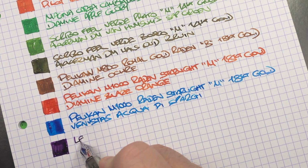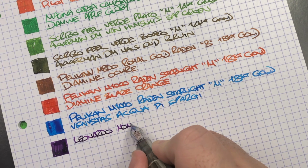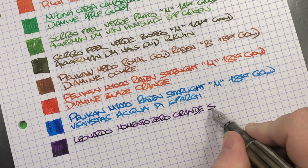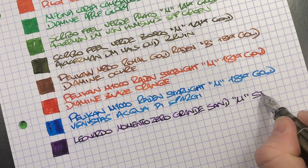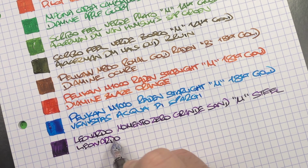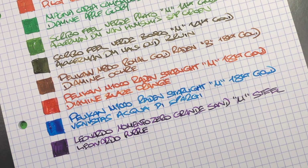So this is a Leonardo Momento Zero, and it's the Grande in the sand, and it's a medium. It's a steel nib. And then the ink in here is Leonardo Purple. And I don't know, it definitely is at least a medium, probably bordering on a broad, but maybe not